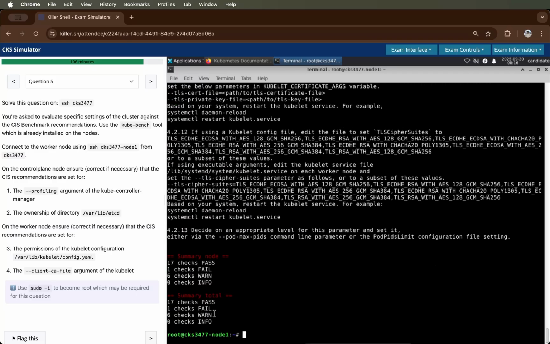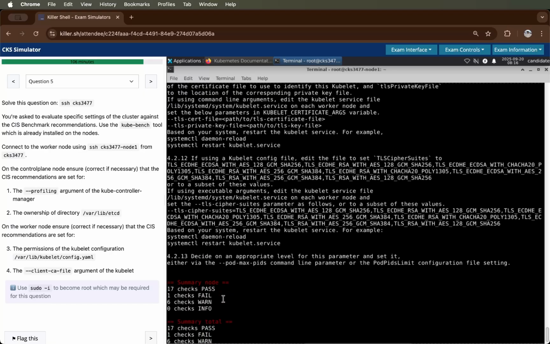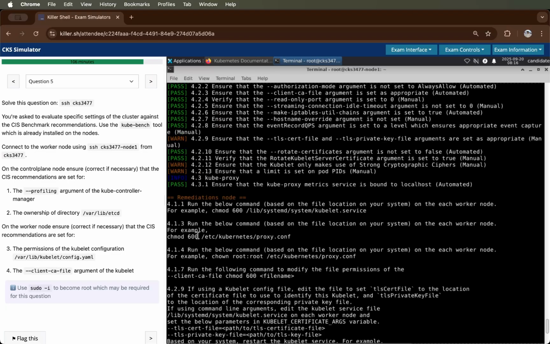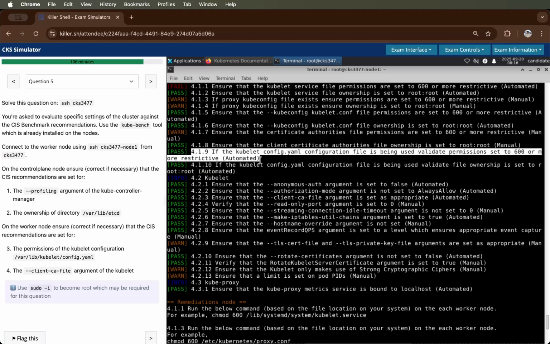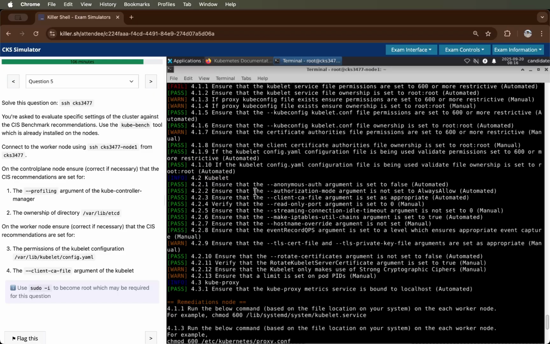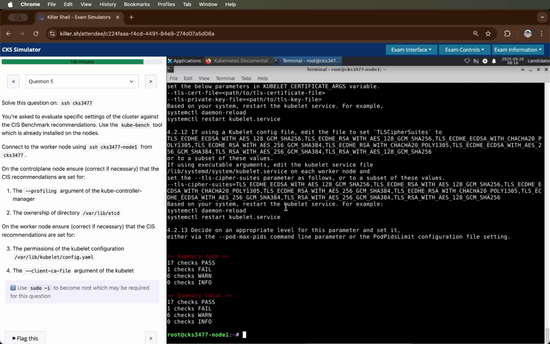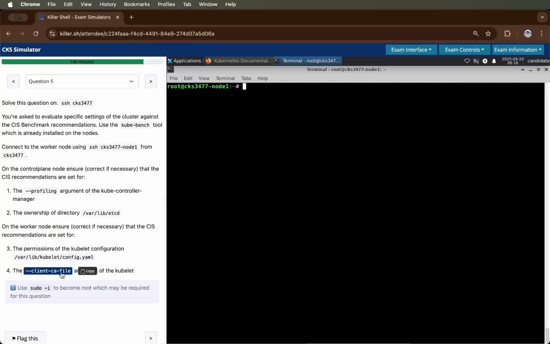So now you can see the number of pass has been increased from 16 to 17, and let's check 4.1.9. So you can see right now this is passing. So yeah, this is the first thing. Now if we go to the next thing, which is the client CA file argument of the kubelet. So what I'll do, I'll just again grab this,